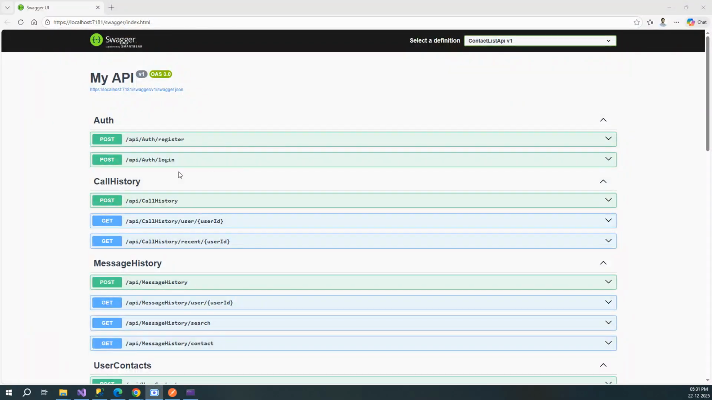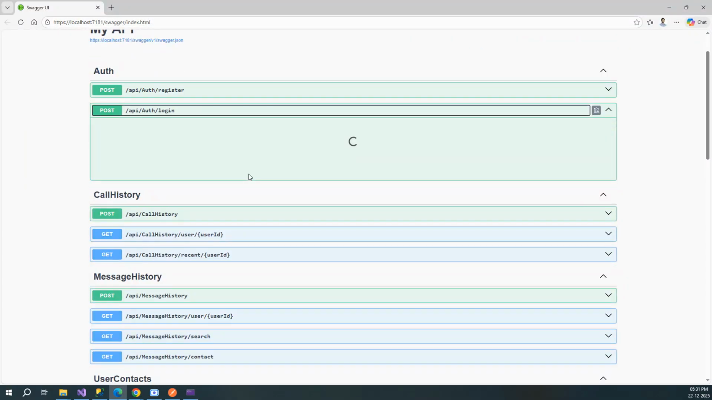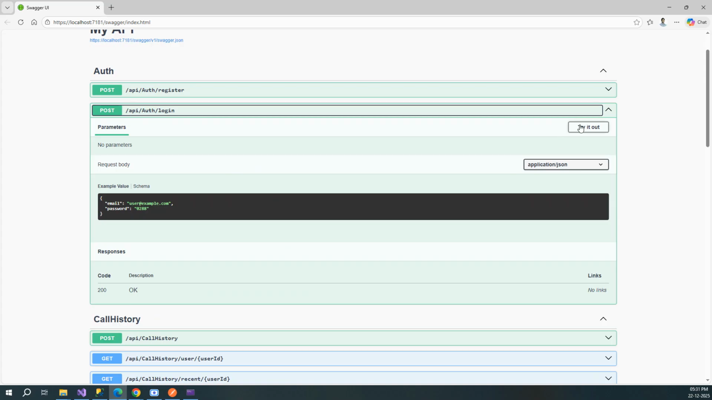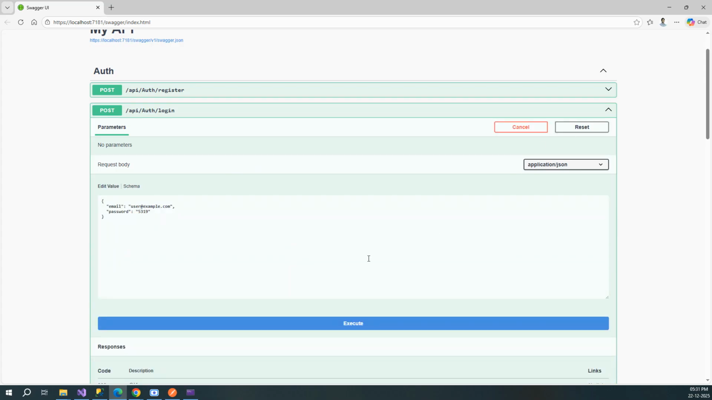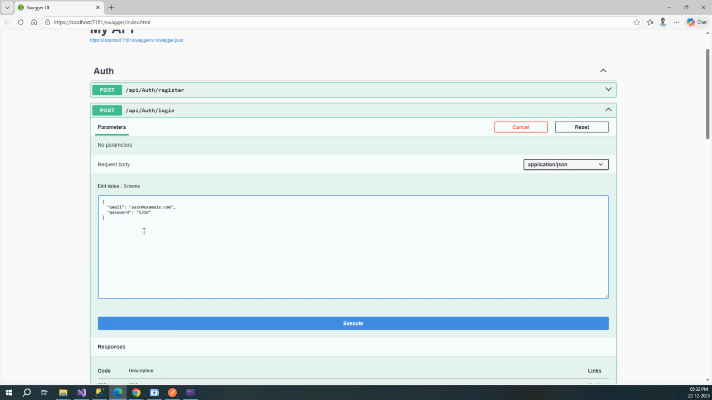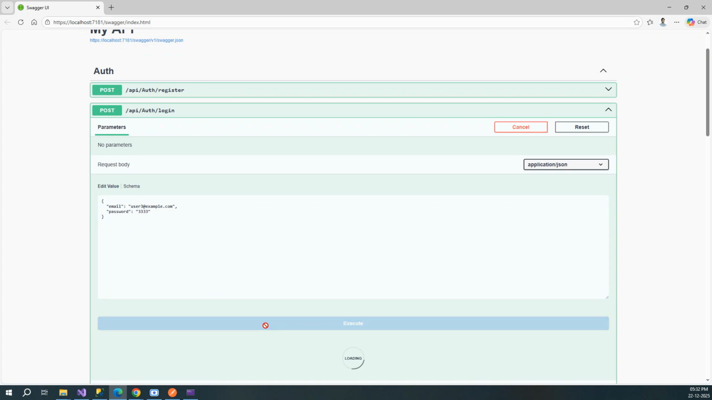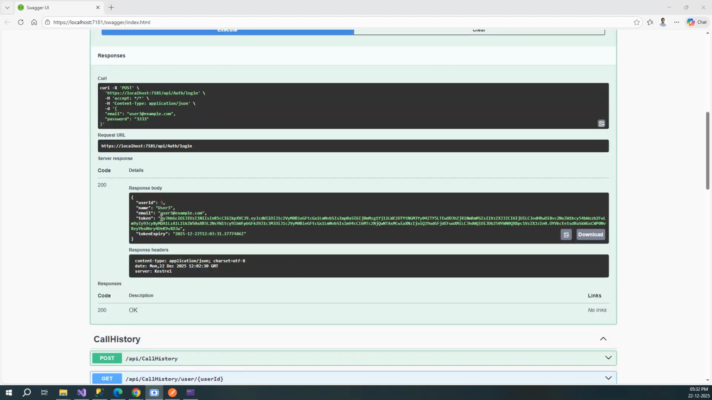Okay, so Swagger is up. Let's log in and get the token generated. Right, so let's say try it out. I would say exam. This is user 3, and this is 3333. Let me log in, execute, and generate the token. Okay, so it has generated the token. Let's copy that token